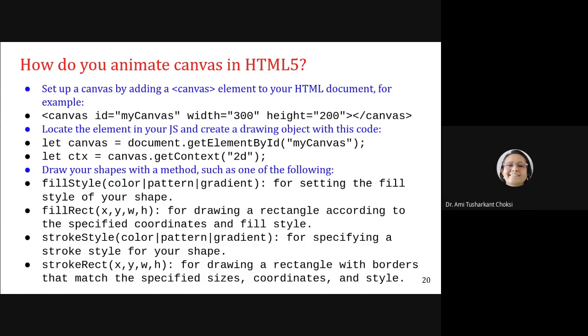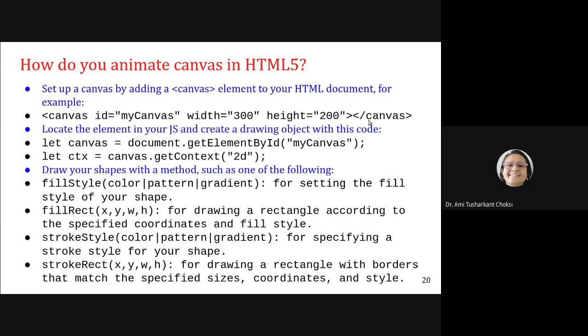Now, how do you animate canvas in HTML5? We have just seen that example. Okay, let's see that. Set up canvas by adding canvas tag into your HTML document. For example, canvas ID is equal to my canvas, width is equal to 300, height is equal to 200, and end canvas.